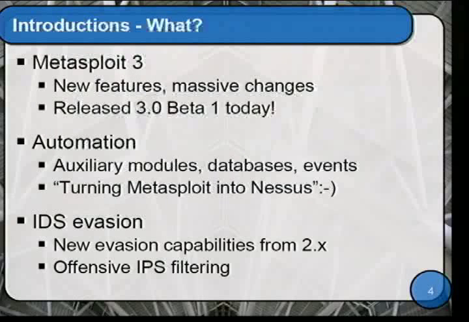So what's this about? Metasploit 3, a whole lot of new features, a whole lot of different changes, basically redesigned the entire thing from scratch. We released beta 3.0 or 3.0 beta 1 today. So if you go to the Metasploit.com website, you can actually download that right now, and hopefully most of it will work. That's why it's still a beta. We went through 4 alphas,